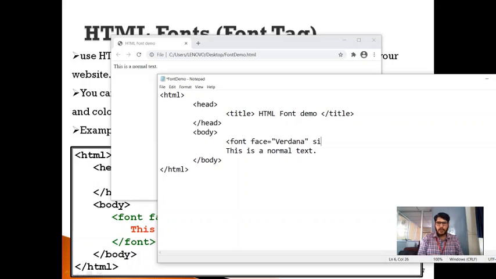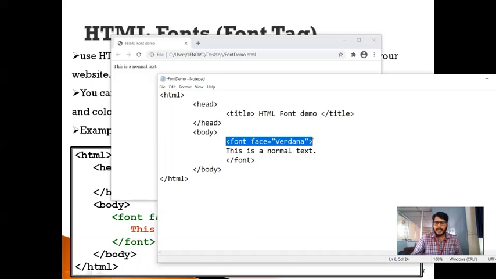And also I want to use a size for the font. Now I'm going to assume that I'm going to specify size as 30. Okay, so now along with this I want to even specify color also. Okay, let me do one by one. Now let me specify only the font face, and after this I need to close this font tag here. You can observe this is the opening tag of the font along with the face attribute, and this is the closing tag of the font. In between I am using this is normal text.